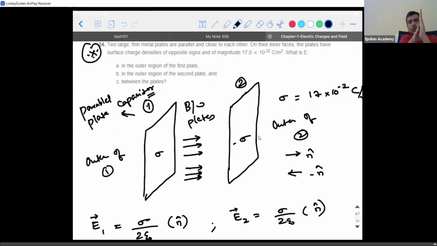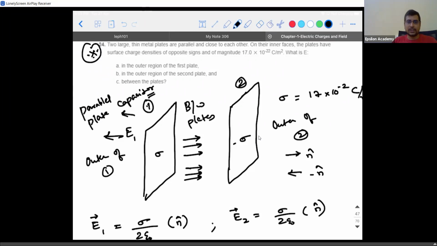If this is a positive charge, on the right of it, what will be the direction of the electric field? Take your left hand and keep it like this. If the palm is a positive charge, what will be the direction of the electric field? It will be away from the palm. So what will be the direction for the same positive charge on the left of it? It will be in this direction. Can I say this is the direction of the electric field due to the charge on the first plate? Yes, sir.